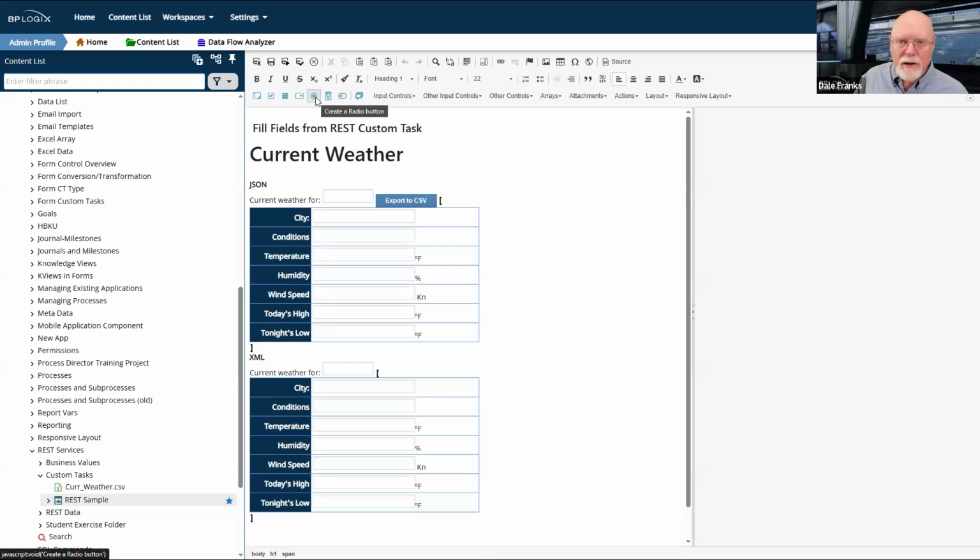They're almost exactly the same. The only difference is that the radio button list obviously gets presented as a list of mutually exclusive, clickable, round, I was about to say round circles, but sort of round buttons that you can click rather than having to click and select an item from a drop-down.